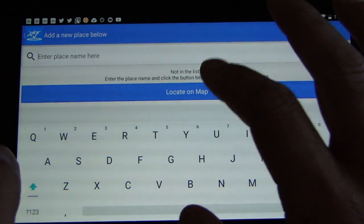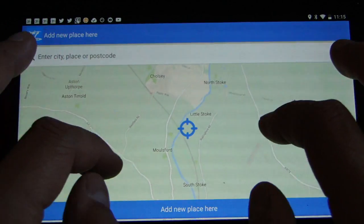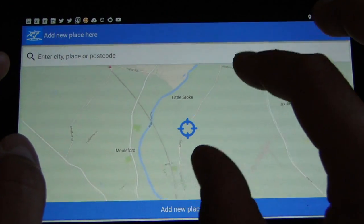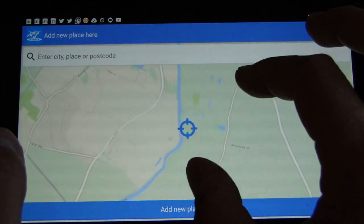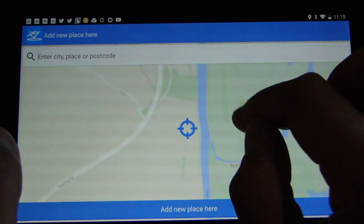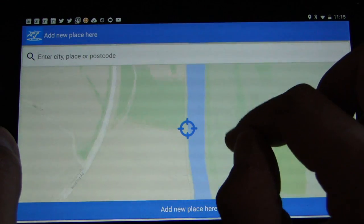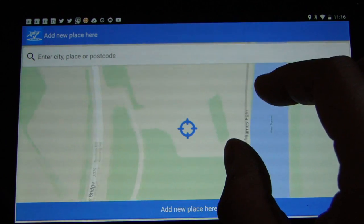Enter place name or locate on map. Well, I'm going to locate on map because it's kind of a field really. So where are we going? Down there. We go down there. All right, it's up here. So I'll just zoom that in. It's down by the Thames. And there we go. There's a little lay-by there